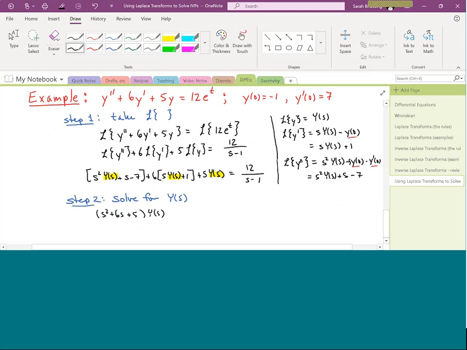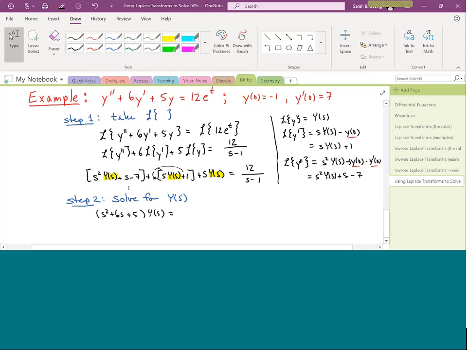Now, notice we originally started with constant coefficients on all of our y terms. So notice here in these parentheses, that looks like our characteristic equation, except we used s's instead of our normal letter. Now, we have a couple of terms that don't have a y in them. We have the s, we have this negative 7, we have what's really a 6. So let me show the distributing marks right there. What's really a 6. So if we add these together, this would be s minus 1. If you move them all